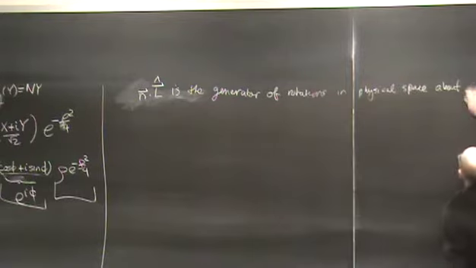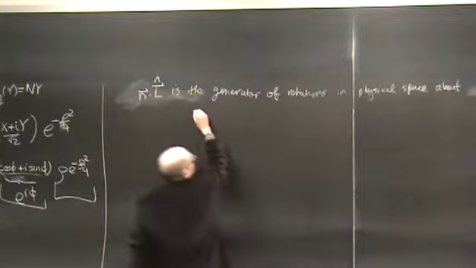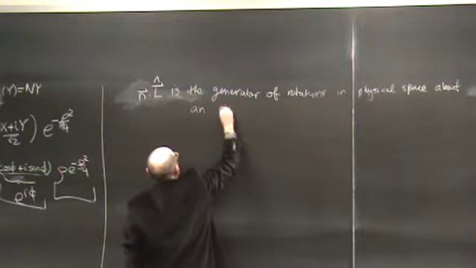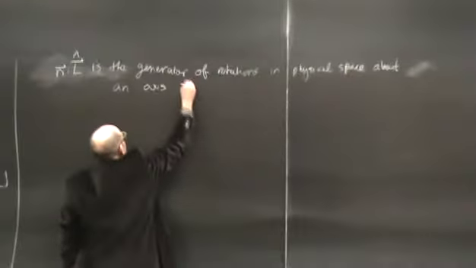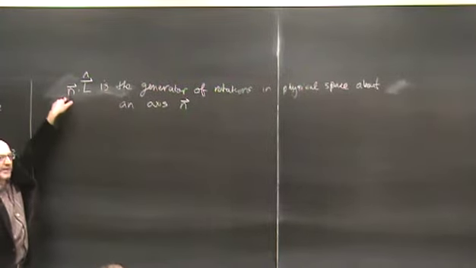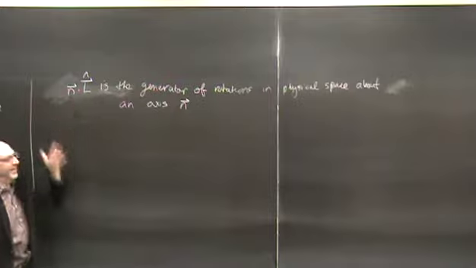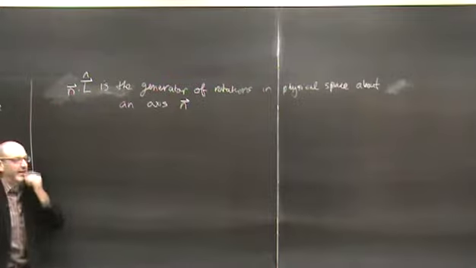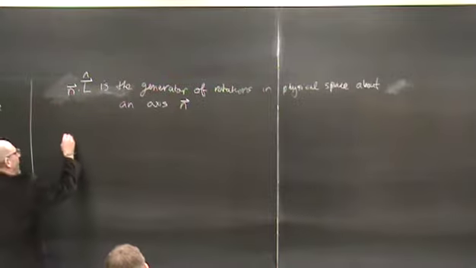Let me finish. And so if this was the x direction, that would be Lx. Y direction, Ly. Z direction, or any direction in space. Okay? And thus, the operator